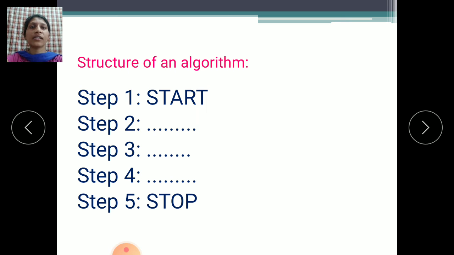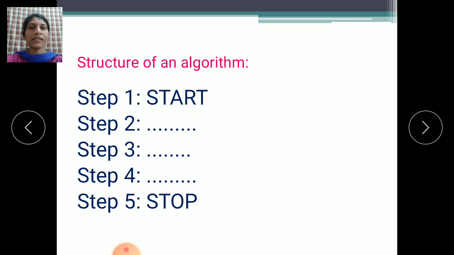Algorithm means what? This is only for the user's understanding. If you want to design any particular software, we write down the rough steps of that program, meaning how that software will work. We roughly design the steps, how it will work step by step. That is called an algorithm. First we should write down the algorithm, the rough steps of that program.